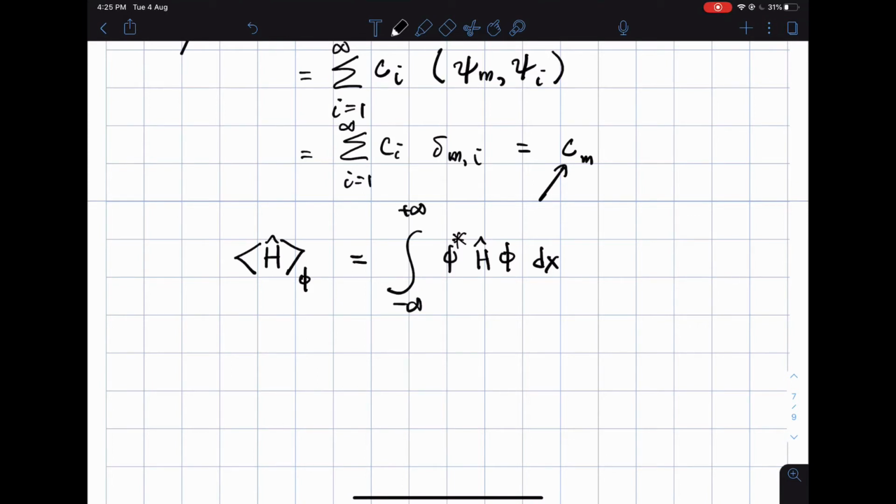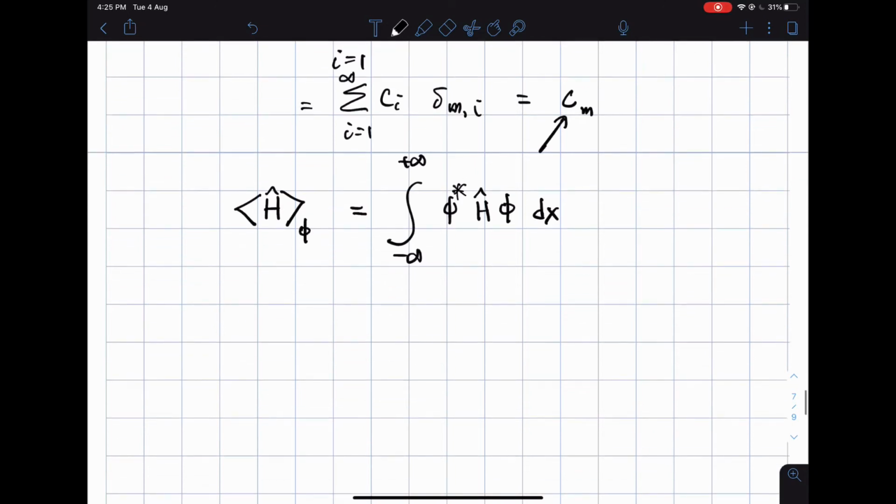We are assuming that phi is normalized, so we don't have to divide by the norm of phi. If I do this now, what do I get? I can expand one of the phi's as a linear combination of the eigenfunctions of the Hamiltonian operator,